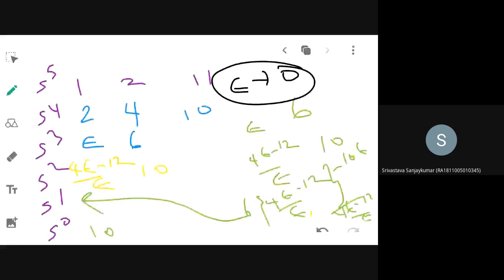So what will be the answer? 1, 11. Then what about the next two? 4, 10. Here there was 6. Now I will turn back the epsilon to 0. So 0 here. So s to the power 4: 5, 5; s to the power 4, s to the power 3, s to the power 2, s to the power 1, s to the power 0.